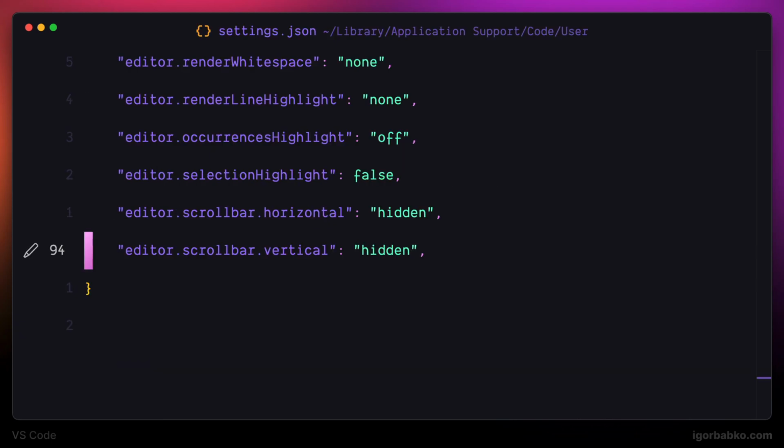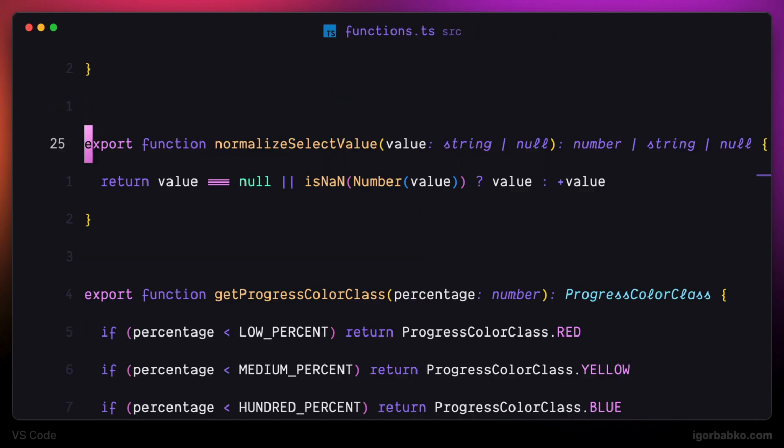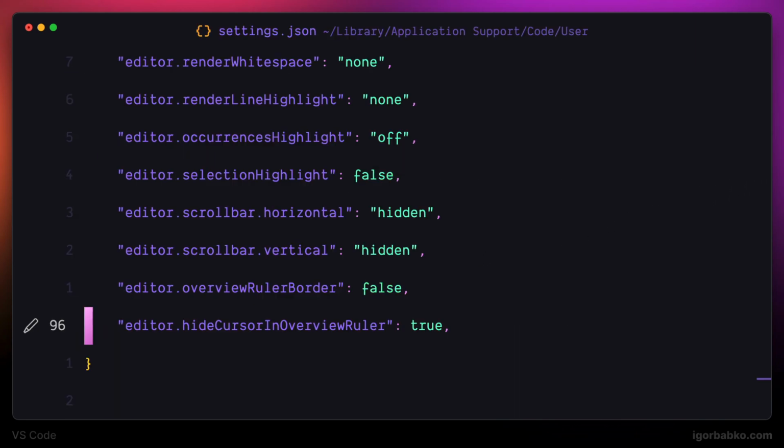Let's hide it as well by using the overview ruler border setting. Set it to false. Also, there is a little thin line at the very right side of the editor, and that one is always following our current cursor position in the file. I'm not going to keep that one, so by applying the hide cursor in overview ruler setting, we can hide it